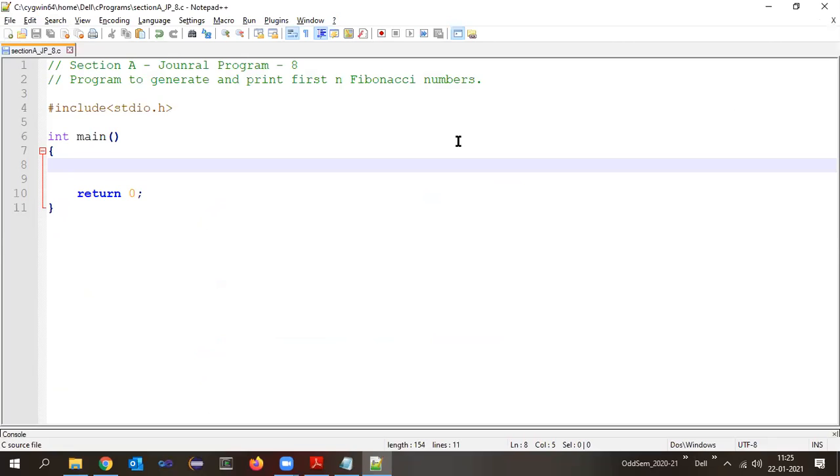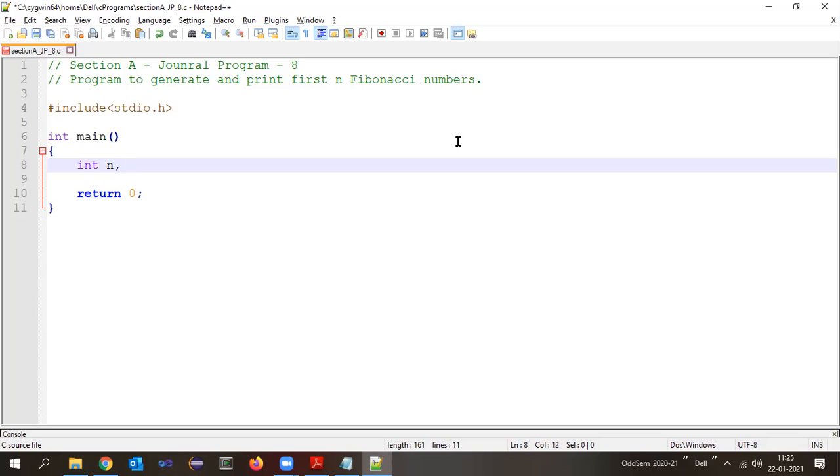Now here we need to decide the number of variables. Obviously we need an input number, that is n. So let us take int n here. Pay attention, later you can write it down. I will display the program later.